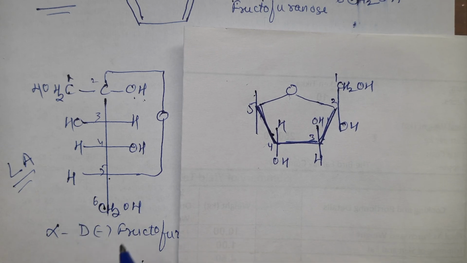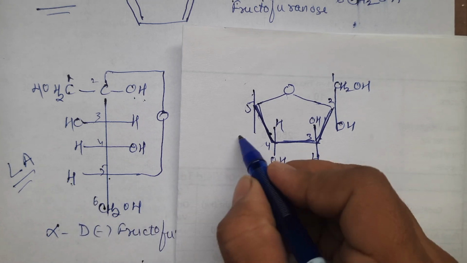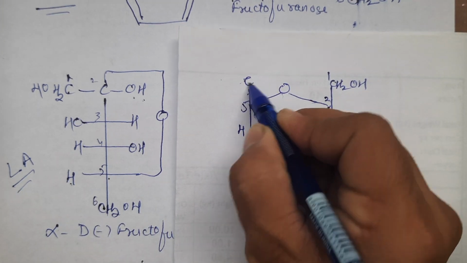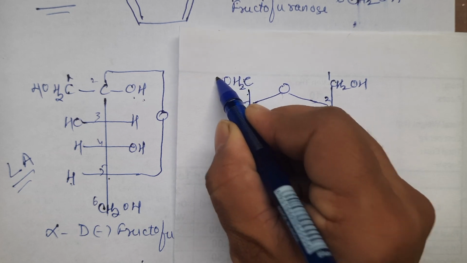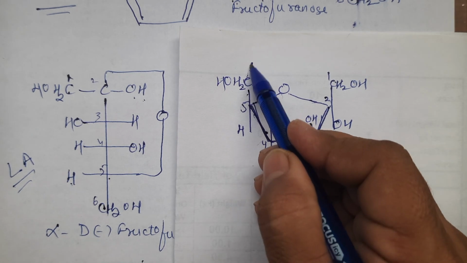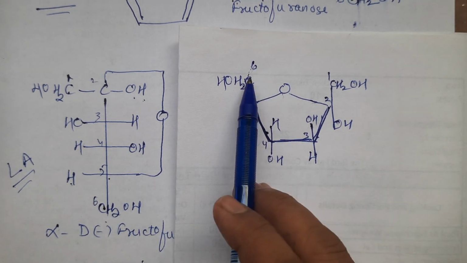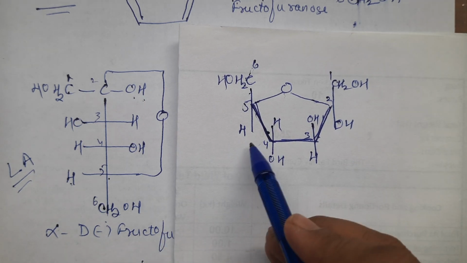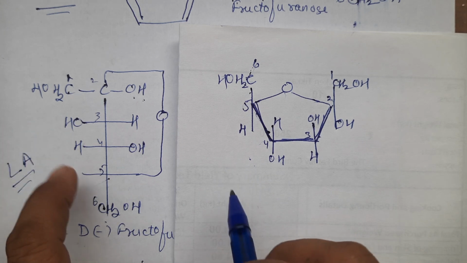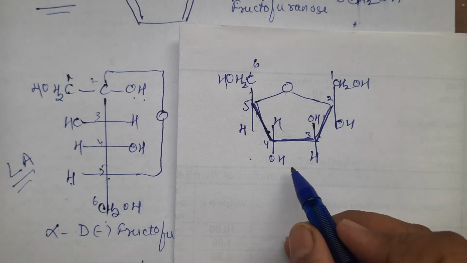H you may feel, but no, this is the only difference. This H you have to show down always, and this CH2OH you are going to show on the top. Whether it is alpha or beta, you will always show the sixth carbon atom CH2OH on the top. Sixth carbon atom CH2OH always on the top. On the fifth carbon atom H you are going to show down. Rest all the things which are there on the left hand side will be above, right hand side will be down. What is this structure, children?